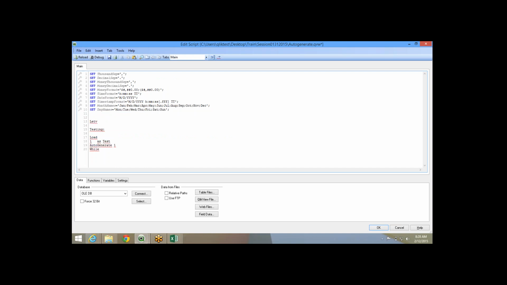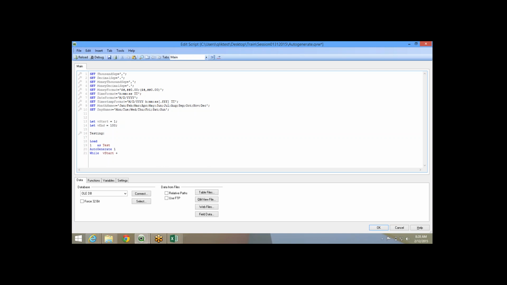So let v start is equal to 1. Now I can define let v end is equal to 100. What I can do is while v start